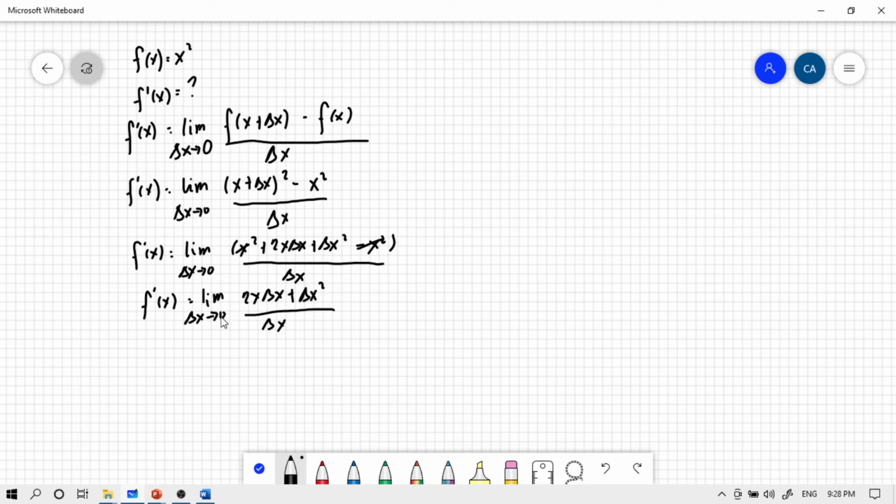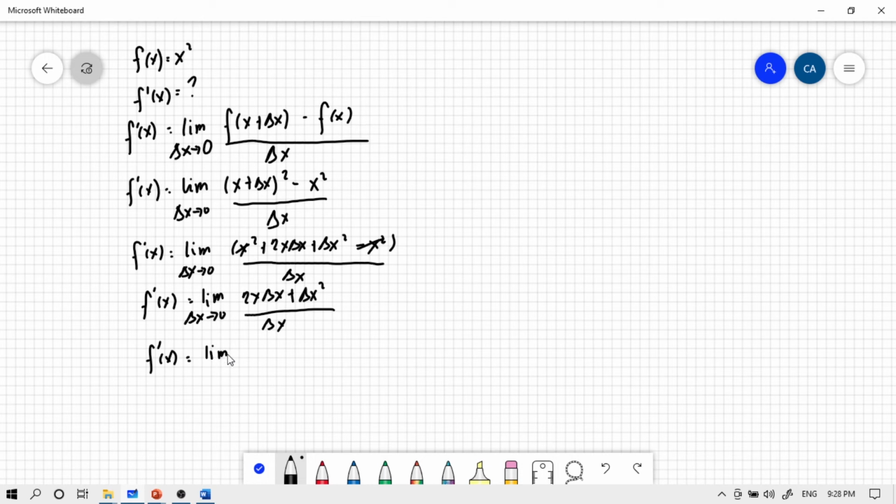Since kapag sinubstitute natin yung 0 sa ating delta x, magkakaroon tayo ng indeterminate form na sagot, which is 0 over 0. So, kailan natin i-factor out yung numerator natin? We have f prime of x equals